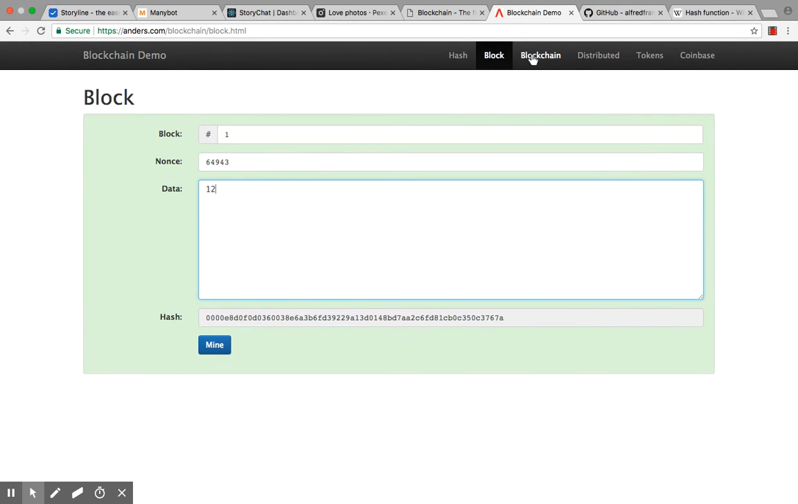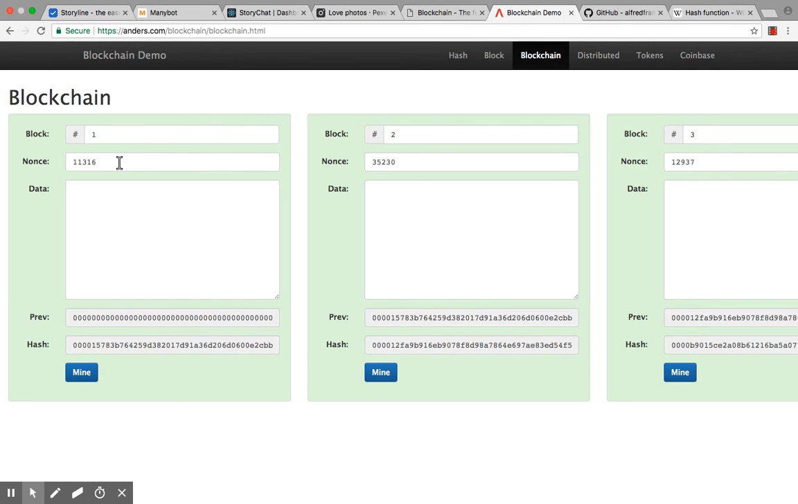Now, moving on. Now that we understand hash, we understand block. Now, moving on to blockchain. It's a chain of blocks, right? So